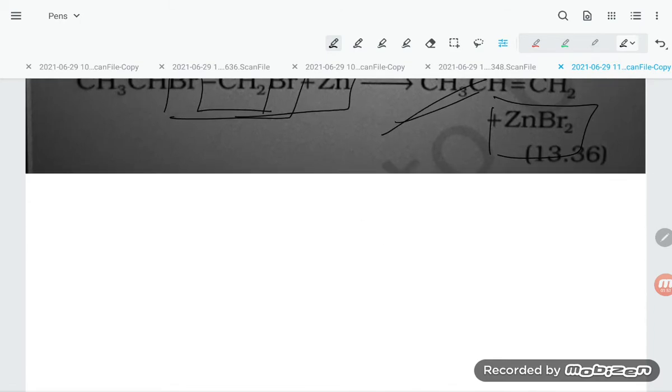So the point is, students, if you are having the compound of the vicinal dihalide, let's have a look over the vicinal dihalide. How can you make the vicinal dihalide? This is C, this is C, here is Cl, this is Cl, okay, hydrogen, this is hydrogen, this is hydrogen, and this is the zinc, students.